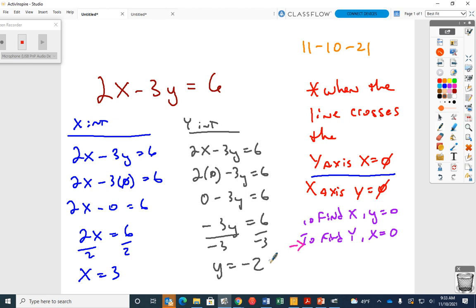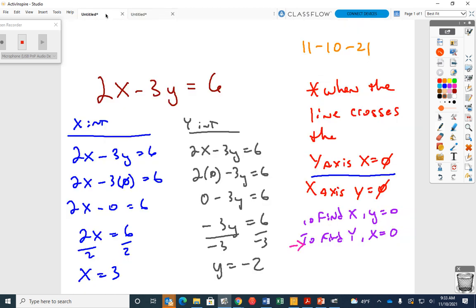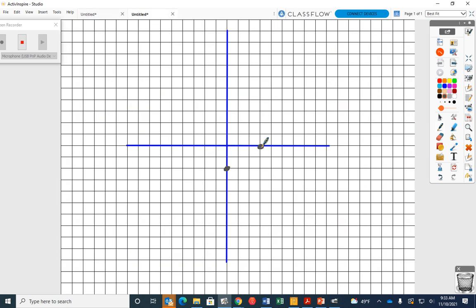Are we good now? Can we graph that? So if I graph y equals negative 2, it's right here. And x equals 3 is right here. And then I just